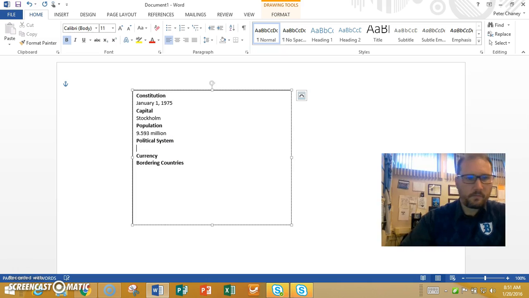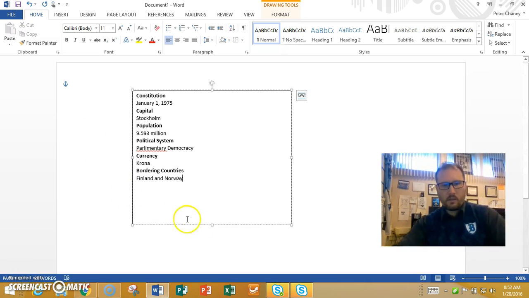Political system, parliamentary democracy. Currency is the krona, and the bordering countries, Finland and Norway. Okay,